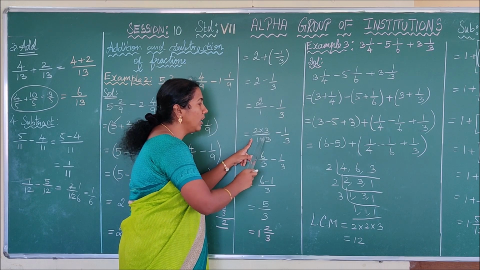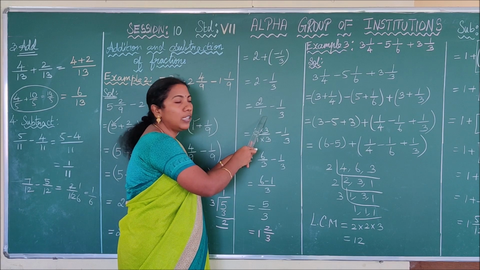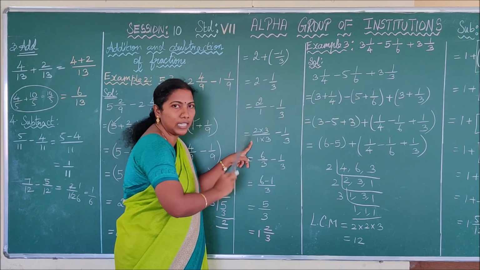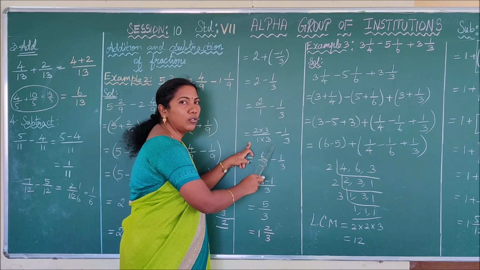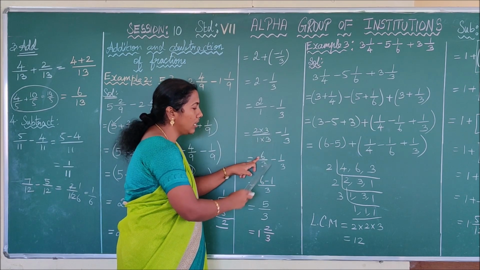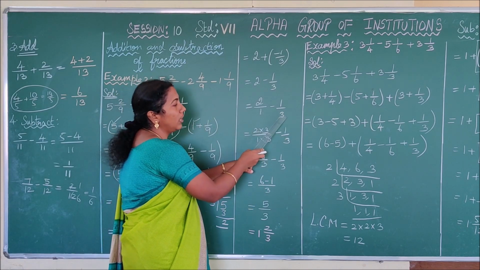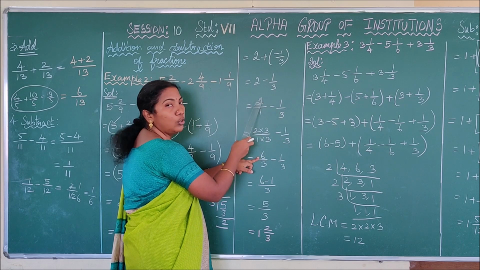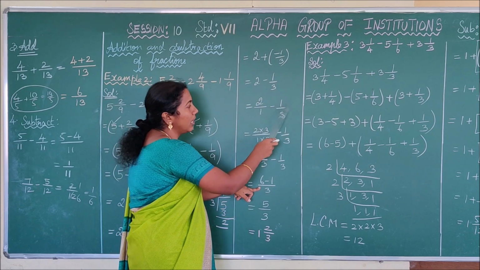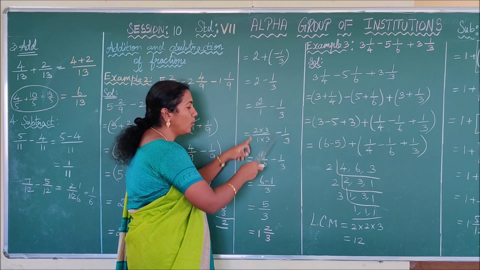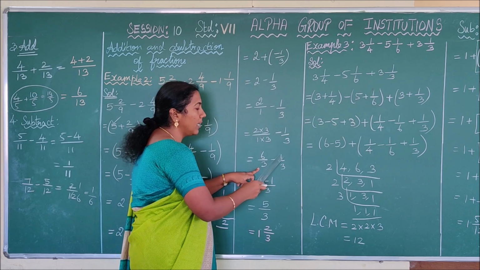So 2 into 3, 1 into 3. Why we are multiplying numerator and denominator by 3 is in order to bring the denominator same. Then only we can subtract. Okay. So 2 into 3, 1 into 3. 2 3s are 6, 1 3 is 3, minus 1 by 3. Clear children? You can also straightly do it like this. Like 3 into 2, 6 minus 1 by 3. If you know means you come straightly to this step. Otherwise you have to take LCM and do this process. Okay. 6 by 3 minus 1 by 3.